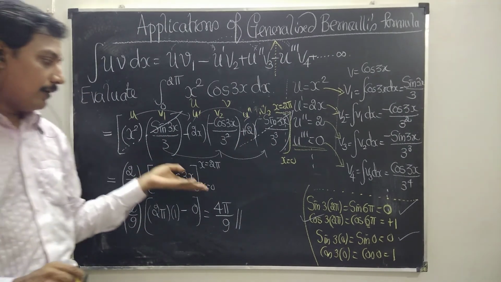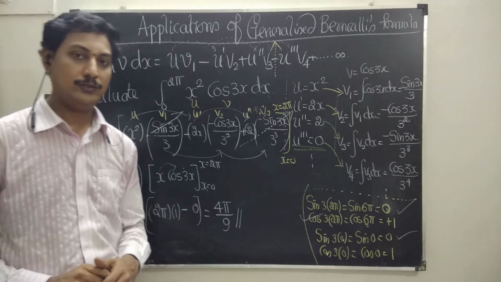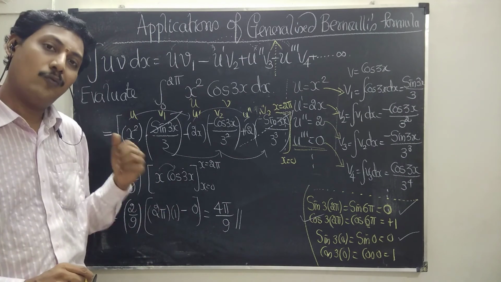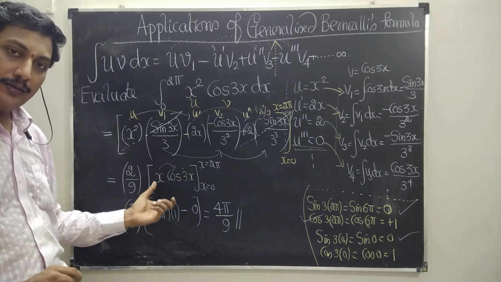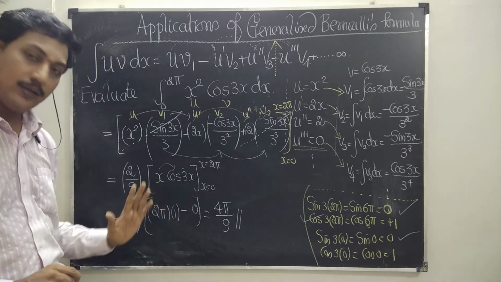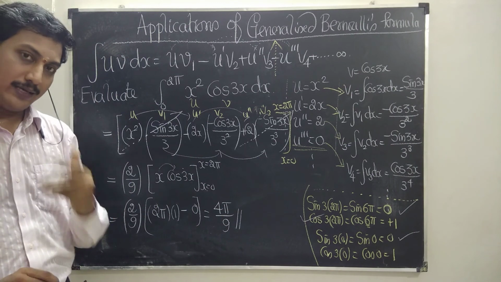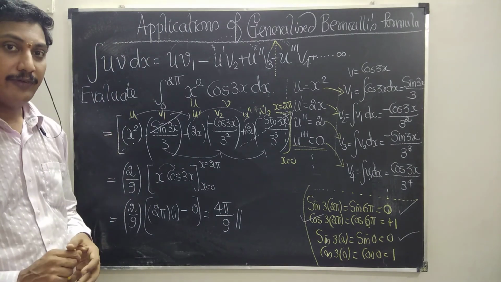Second step, applying the limits. Before applying the limits, find the limit values. Once we find that some term is not necessary, just remove it, omit those values, neglect those values. Then the rest we can write. Then, in the third step, substitute the limit values and we get the answer. So 3 steps only. I think you may understand the problems under the generalized Bernoulli formula.